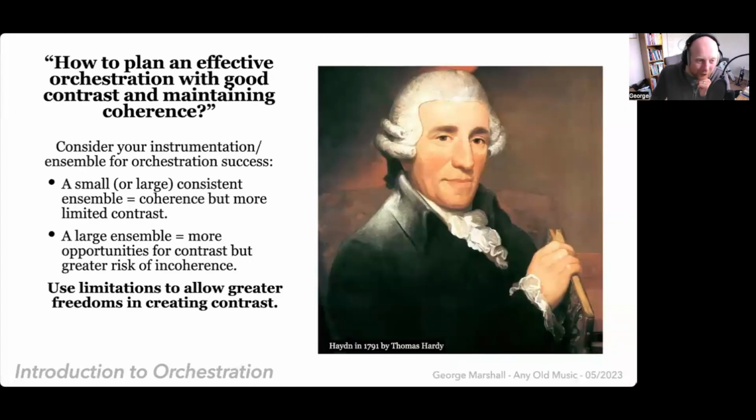Anyway, to conclude then, our final slide. When planning an orchestration, it's essential to consider the limitations and opportunities presented by the ensemble or orchestra being used. In the case of the string quartet, Haydn had a consistent theme and ensemble to work with, which allowed him to explore various orchestration techniques and create contrast while maintaining coherence. However, if he had a larger ensemble, there would be more opportunities for orchestration adventures, but also the risk of